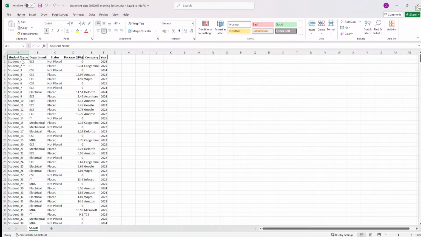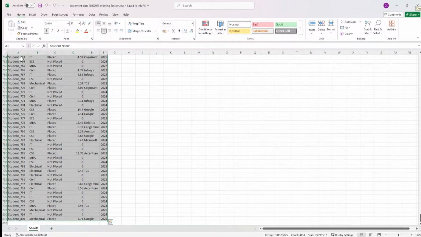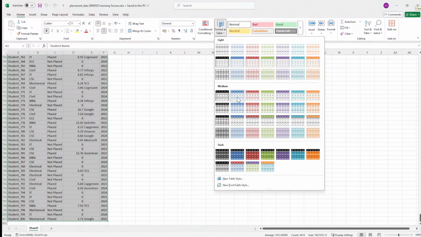So for changing to a table, what I'll do is press Control A, where it selects everything. Then I can go here to format as a table, and I can select the design, right? Or the shortcut key for this is I can do a